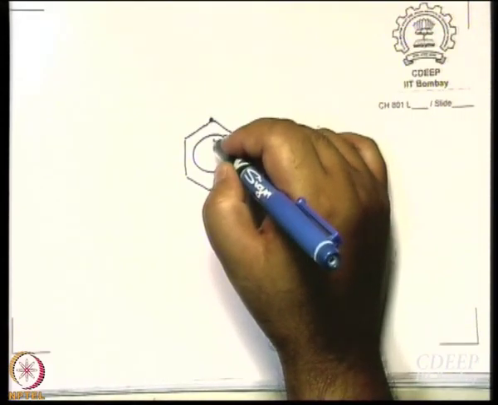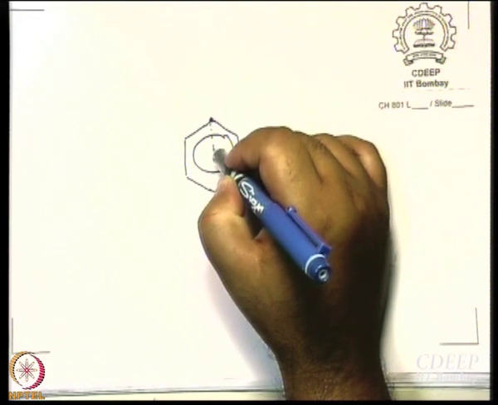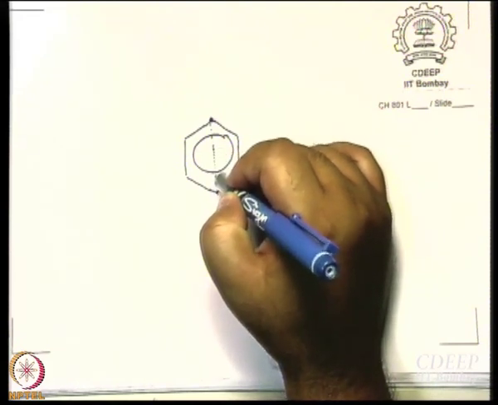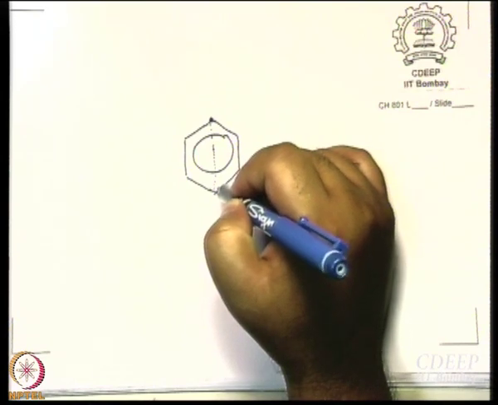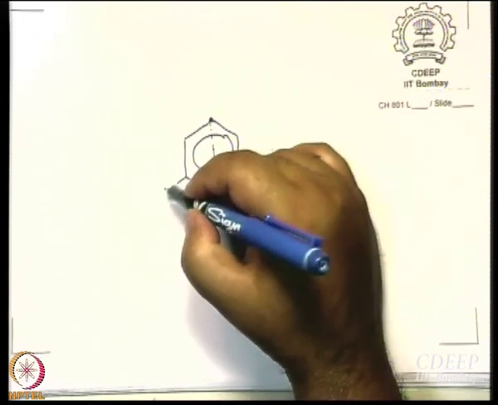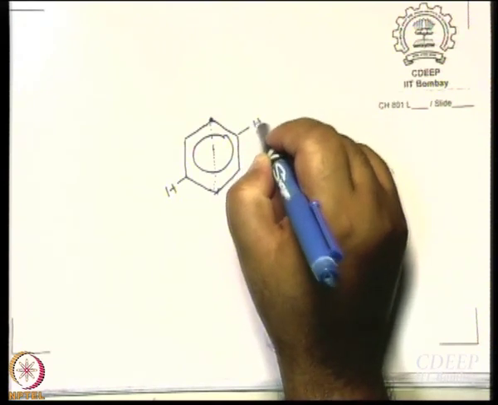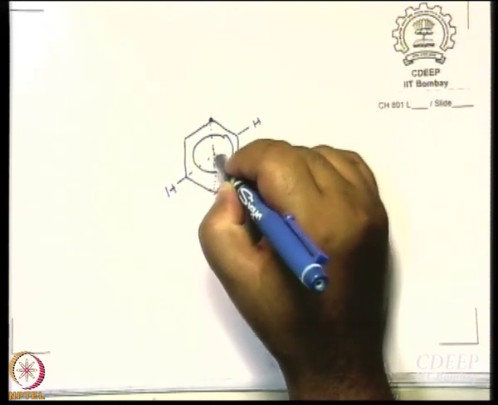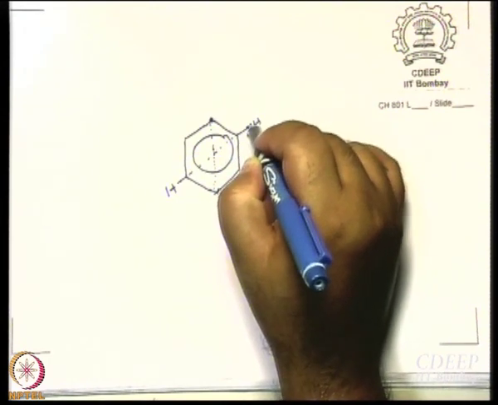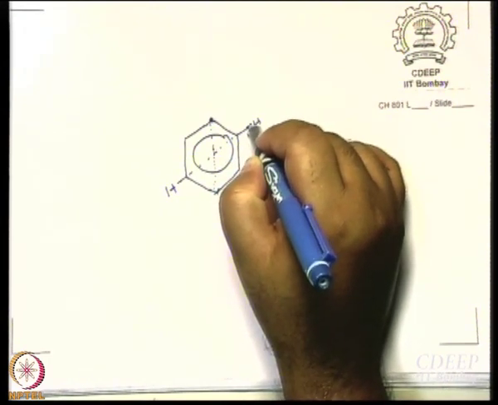Let us say I have a molecule. Let us take a very easy example. I will take my time drawing this, waiting for the changeover to happen. Okay, let us think of this very simple example drawn very badly, right? Benzene. You start from any point on benzene, start from a carbon atom, go to the center, and produce this line to an equal distance on the other side. You reach a carbon atom, right? Instead of a carbon atom, if I start from a hydrogen atom, then what happens? Start from here, go to the center, produce the line to an equal distance on the other side, you still get a hydrogen atom, right?